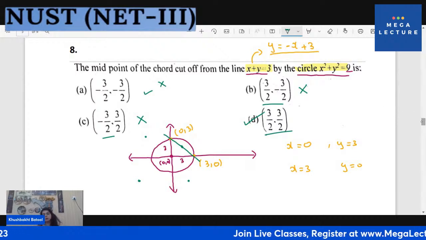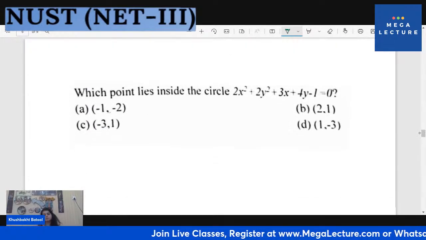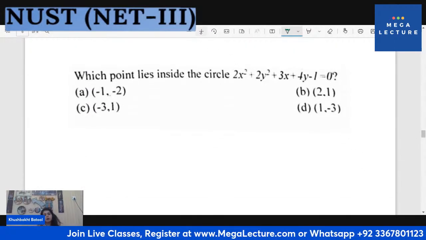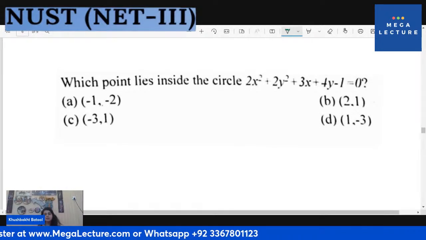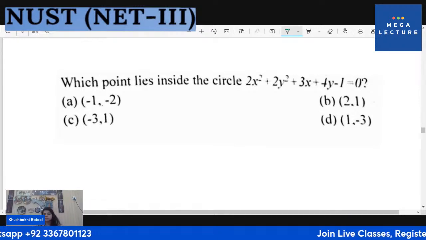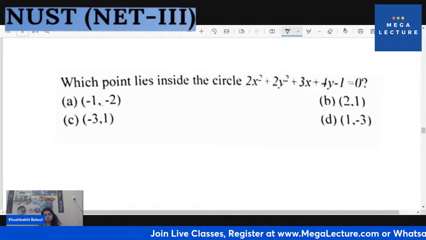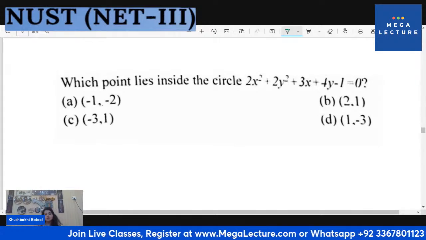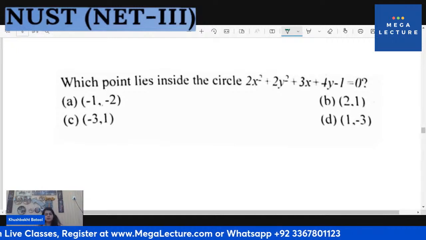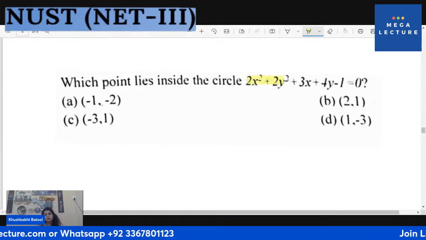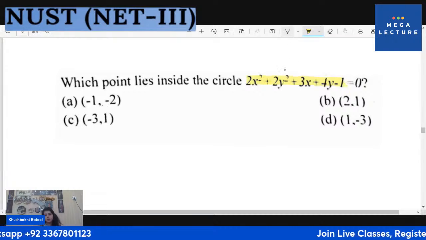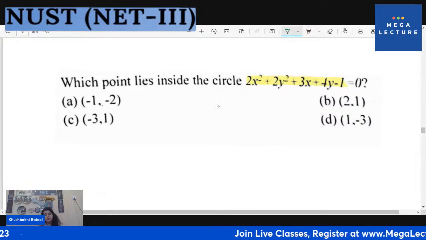All right, let's talk about the next question. Okay. Now this is very interesting. It says which point lies inside the circle. All right. Now what are we going to do for this one? You are interested in seeing which point lies inside the circle, and this is your equation. Alright, now I can think about it as